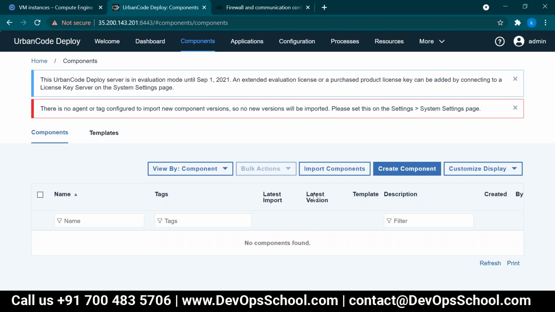Yeah. So most of the people are. Yeah, that way I can easily integrate my Git, because I have GitHub. I can easily integrate my GitHub with this UCD. Yeah, you can integrate with GitHub. So whatever source code is there in GitHub, you can integrate that one. From there you will fetch it, or if you have posted an ER file on GitHub, you can fetch that one and it will go and deploy on the target server. UCD is a continuous deployment tool, not a CI tool. This is a CD tool.